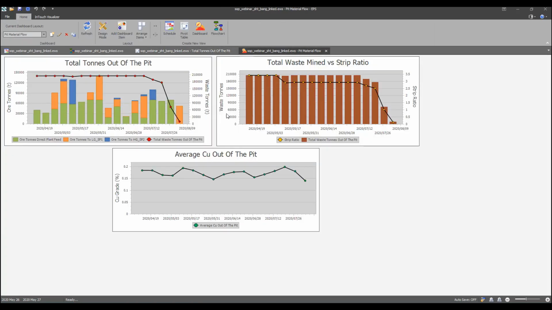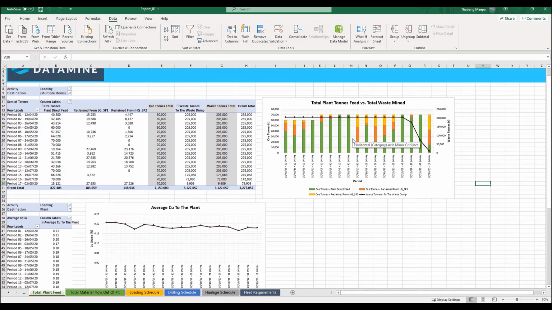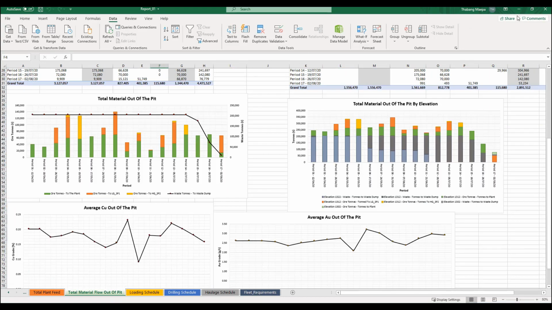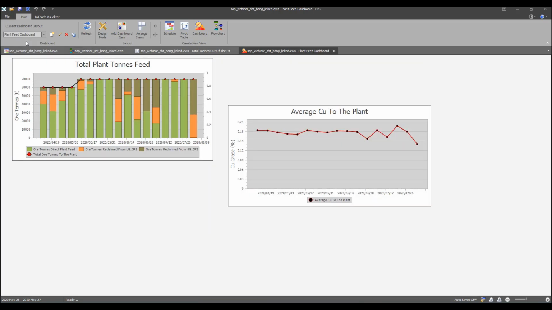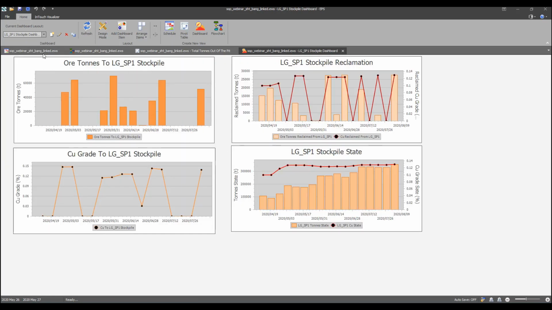I have multiple dashboards as well, right? These are dashboards that when I was creating, I was replicating what I have on my template. So trying to generate the dashboards that I've created right here. Material flow, this guy, I try and replicate on this side, which is this guy. So I have multiple dashboards which I can easily call upon right here as well: my drill meter dashboard, stockpile movement dashboard,